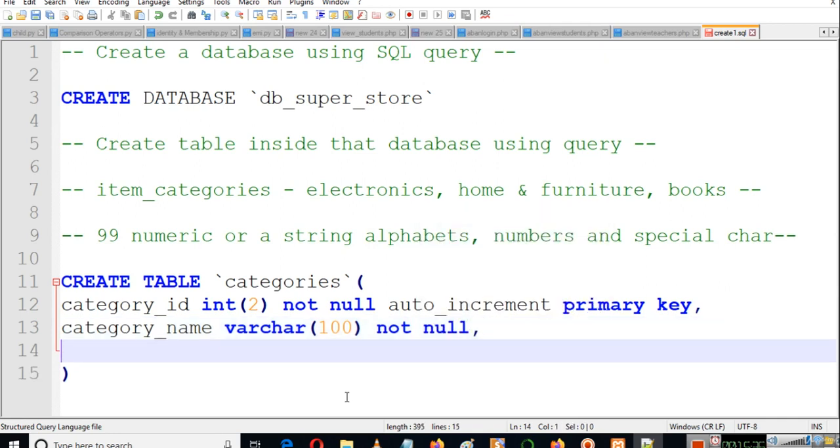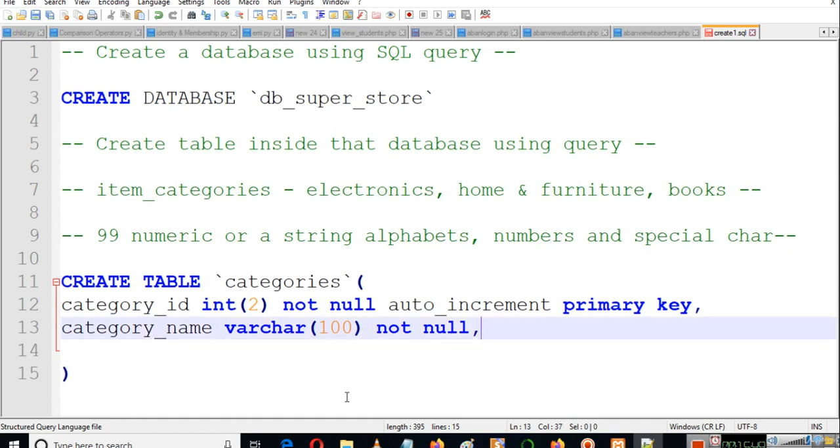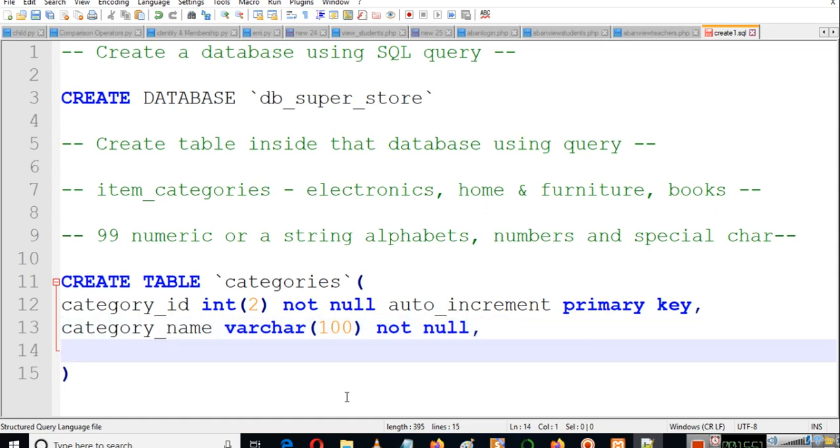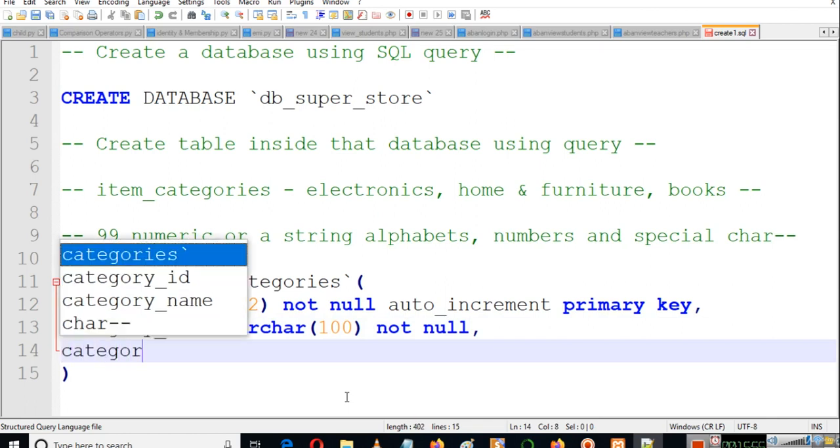Again, not null. It can be empty but it cannot be null, and we will discuss the difference between null and empty values in later parts, but we simply have to write not null here. Then let's say category